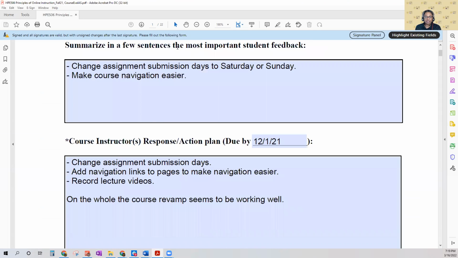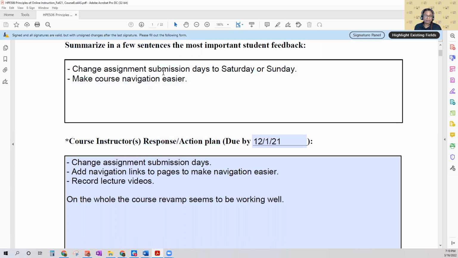So we have to say the most important student feedback, and then what is my action plan for the next time around, which is very similar to the problem statement that we wrote out. Okay, so what was the most important student feedback for me? These two were the most important pieces of feedback.